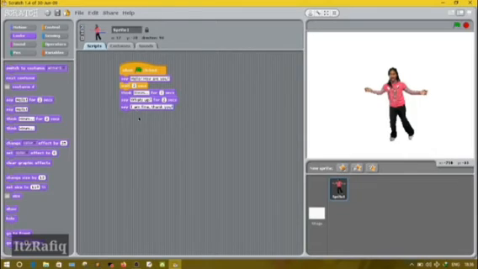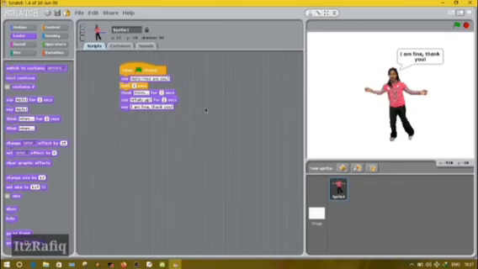So this way our sprite can talk. Now let's run the program. Let's see. First Anna will say hello, how are you? Then she will think for 2 seconds. Then she will say what's up? Then I am fine, thank you. So to run this program we'll need 2 plus 2 plus 2, 6 seconds.